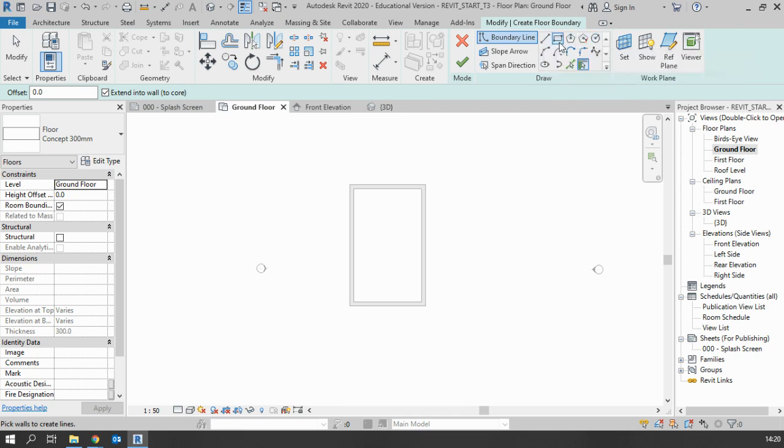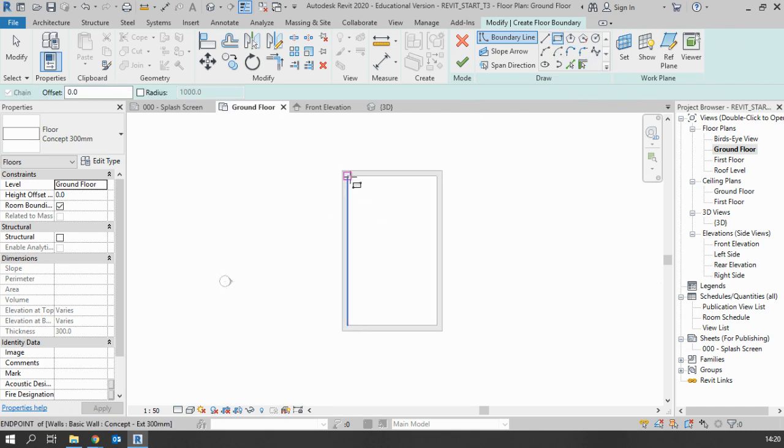So you've got line, you've got rectangle, you've got arcs and circles and that kind of stuff. Most of the time, it's line or rectangles. Another good tool to use is what's called pick walls. We'll come on to this in a bit, but we could essentially create this floor inside the walls by